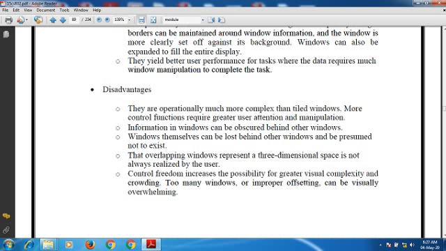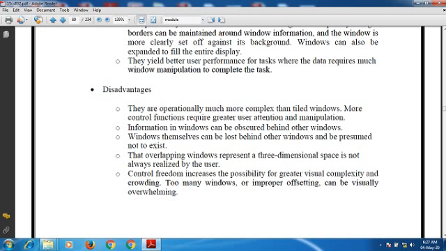Here we also get certain disadvantages associated with it. They are operationally much more complex than tiled windows, because more control functions are required. Greater user attention is also required for manipulation purposes. Information in a window can be obscured behind another window.